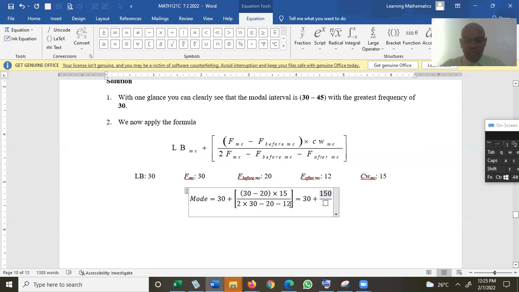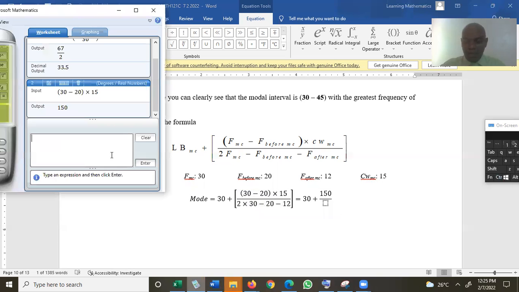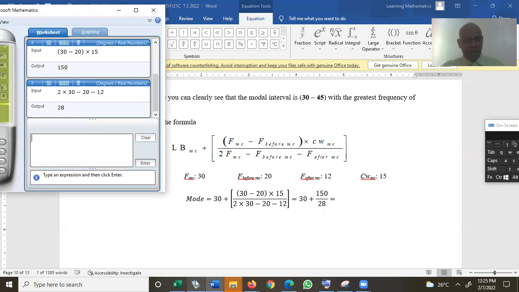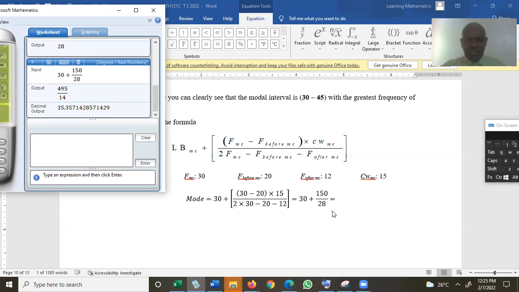And let's calculate our denominator. 2 times 30 is 60. Make sure multiplication comes before subtraction. 60 minus 20 minus 12 will give us 28. And we can just put this in our calculator as is. And we get 35.36